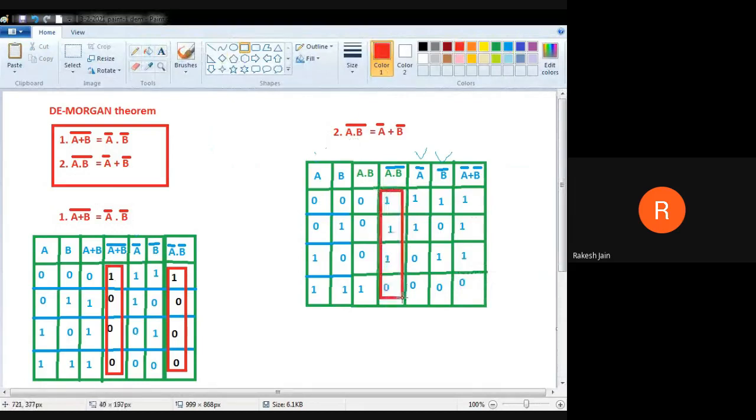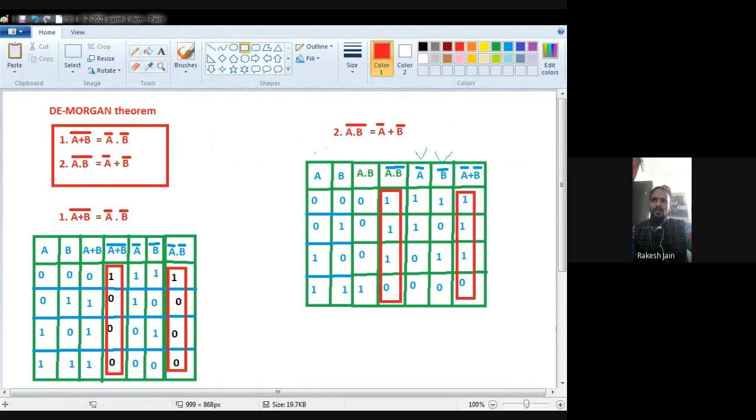Okay. Now what we find? We have to find A dot B having a bar. So A dot B is 0, so now it will be 1. A dot B is 0, now it will be 1. A dot B is 1, now it will be 0. Okay. Now, in the next case,